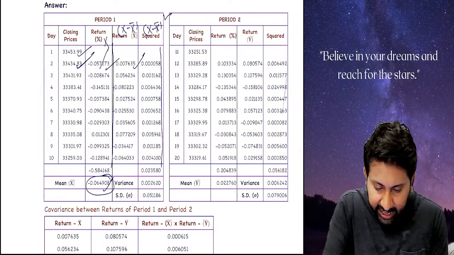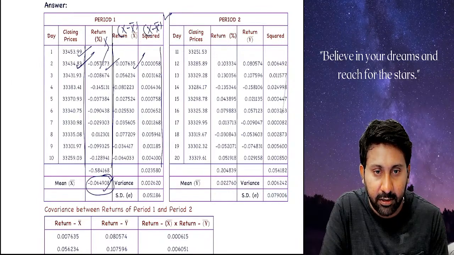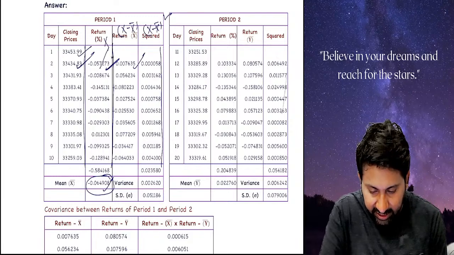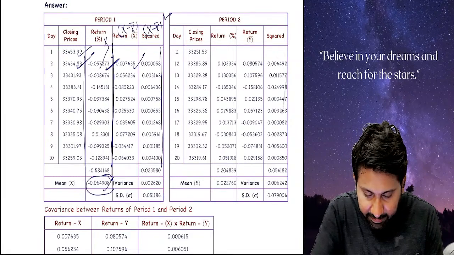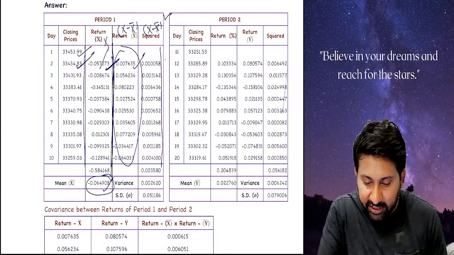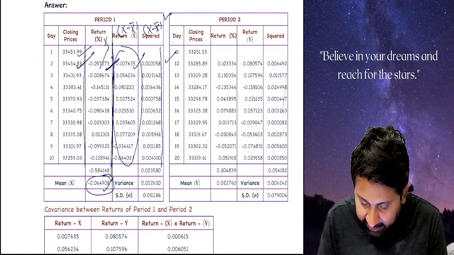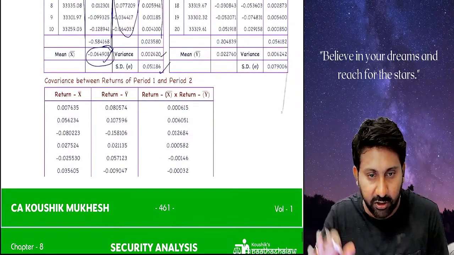Same process: take all the information, take the difference, divided by the closing price. You will get one value. Like that, calculate for all the days. X bar will come, X minus X bar you write here. After that, square it, and you will get these values. Finally, you will get the variance, and the standard deviation you will calculate. The same formulas you have to use.